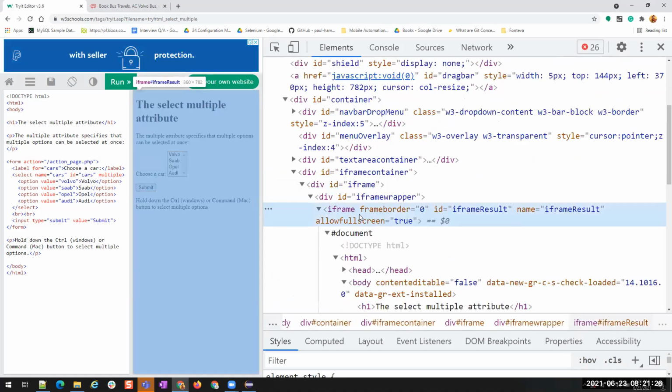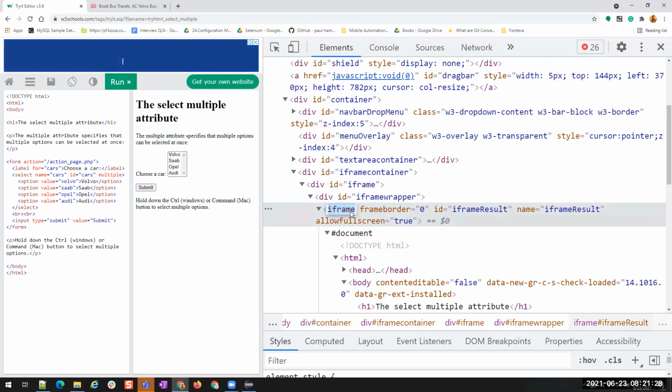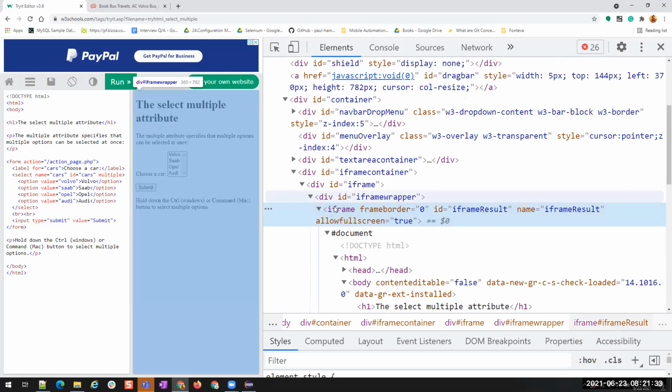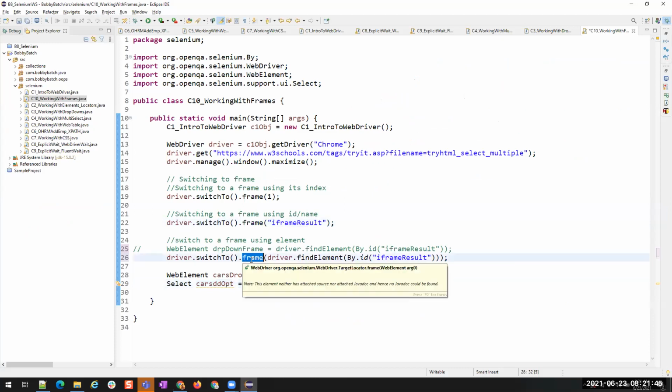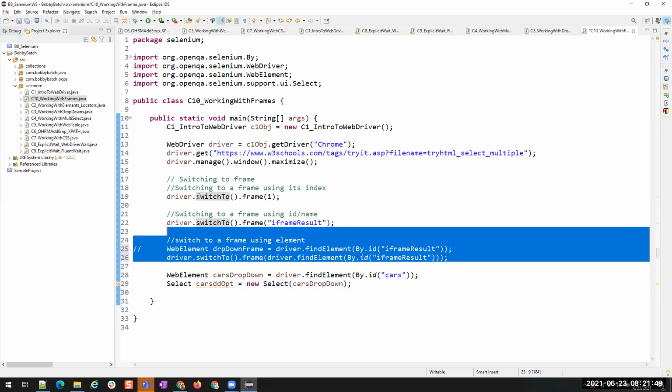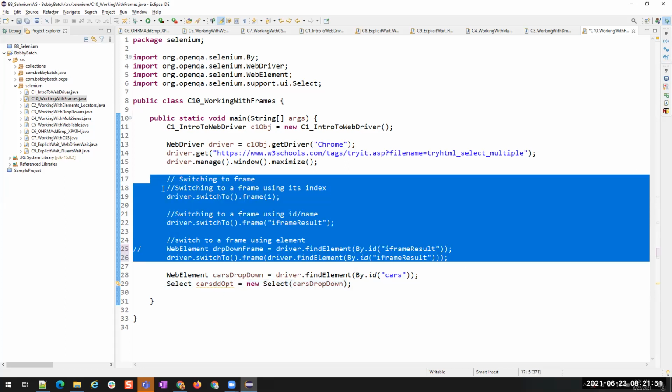We can find this iframe using its XPath or CSS or any other attributes, and then pass this as an element to the switch to frame method. Then it will automatically switch to that frame. So these are the 3 different ways.